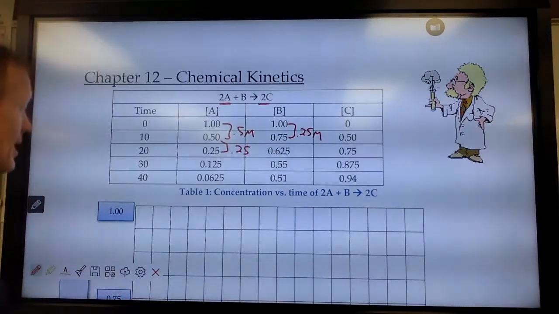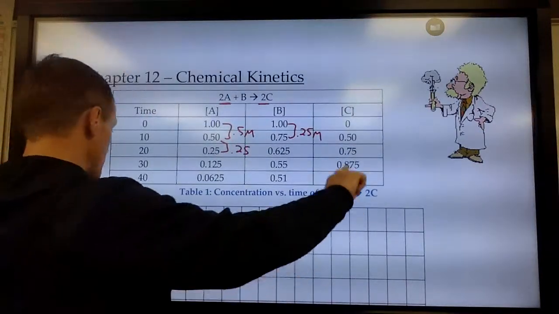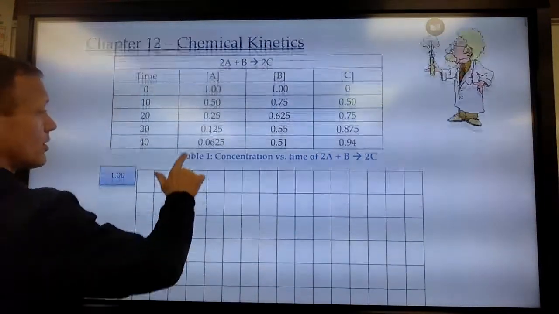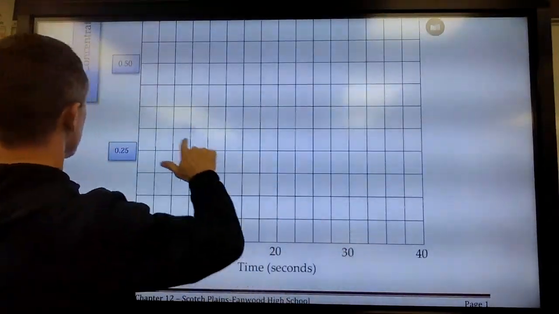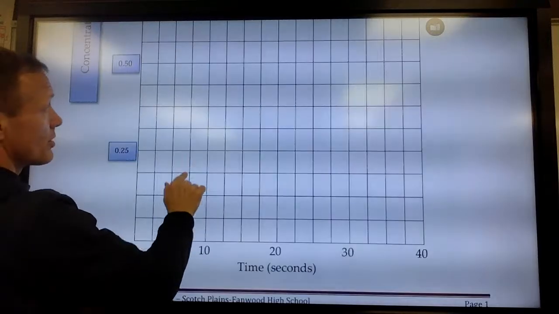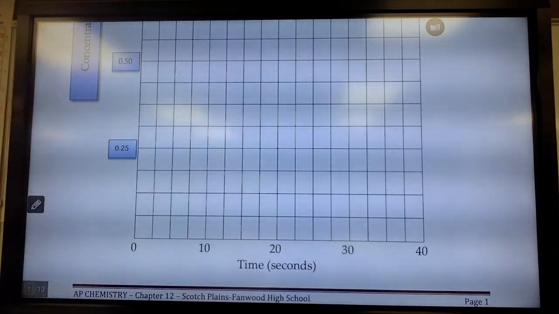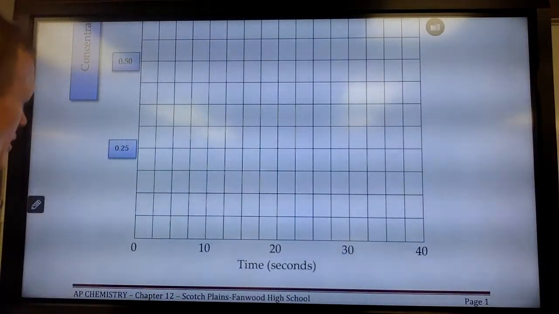A's line and B's line should be going down on the graph. C's line should be increasing on the graph if we're graphing concentration versus time. So this is showing time, and this is showing concentration. I'm not going to spend time doing this, but if we kind of graphed